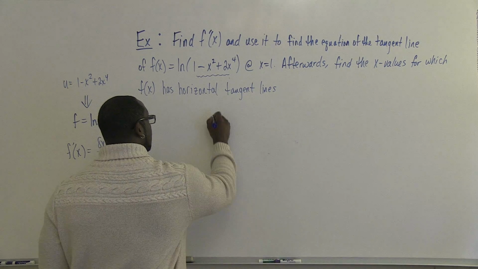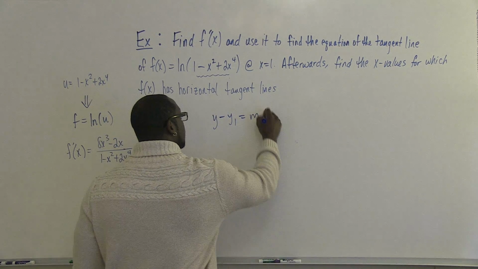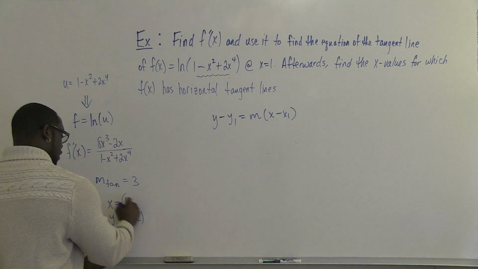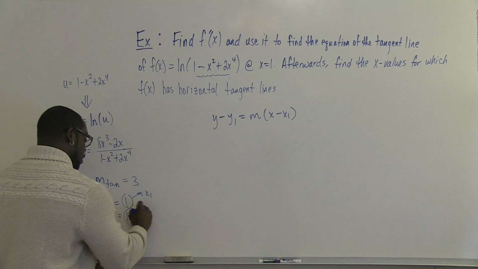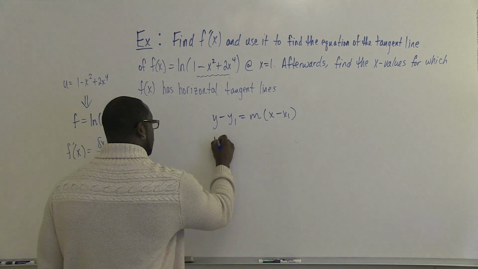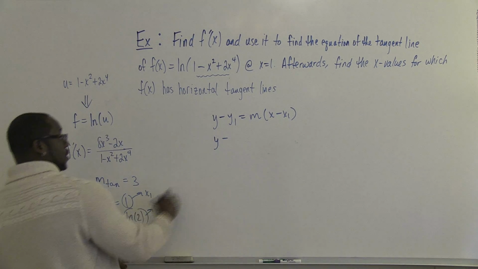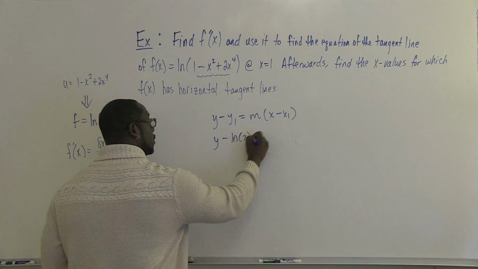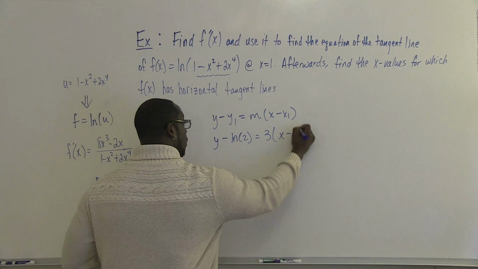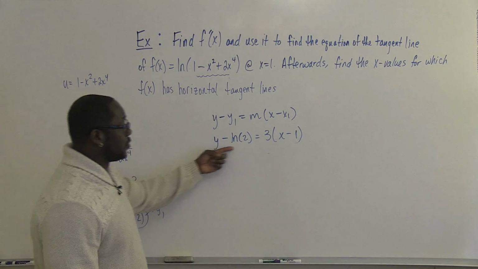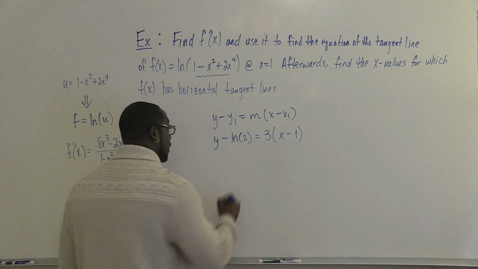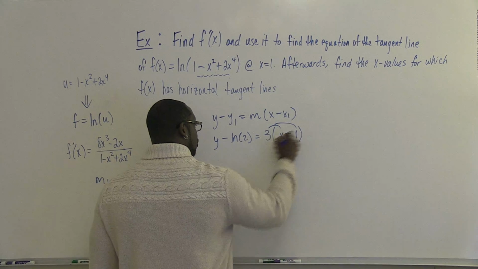So from here, we use the point slope form of an equation of a line where this is going to be our x1, this is going to be our y1, and of course this will be our slope. So if we go and plug in everything, natural log of 2 goes here, 3 goes here, and 1 goes here. And so from this point, all we need to do is just solve for y to get it into slope-intercept form. So we'll distribute,